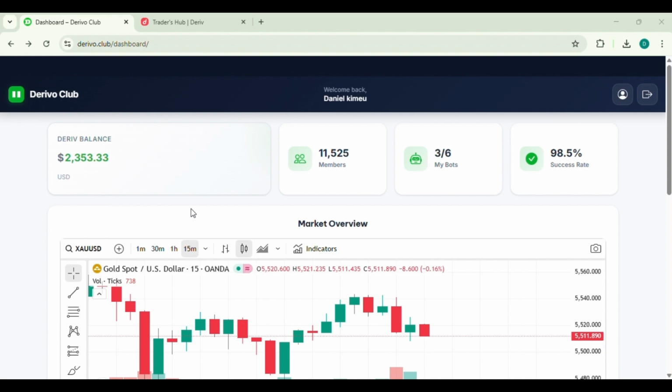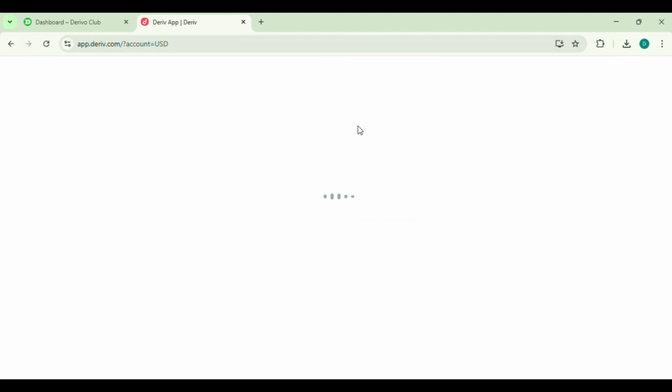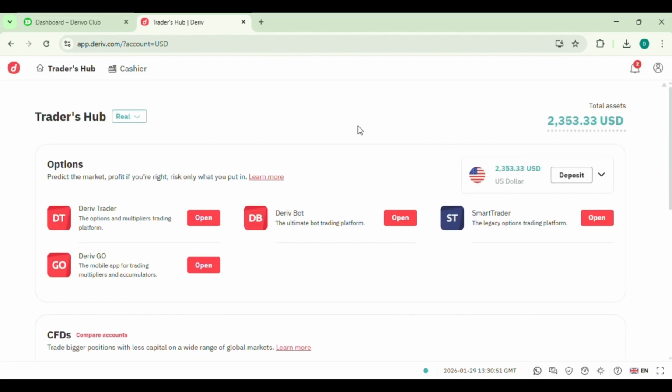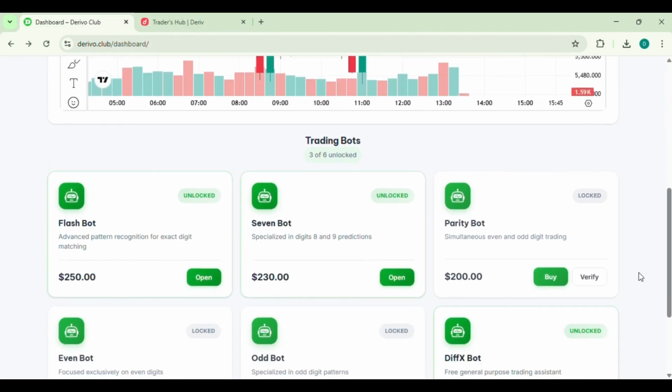Before you begin trading, we recommend having at least $10 in your Deriv account. For this demonstration, I'll assume we already have that amount available. First, we open our Deriv account and refresh the page to make sure everything is properly set. Once that's done, we return to the Derivo Club website and select the Sevenbot, which is the second bot on